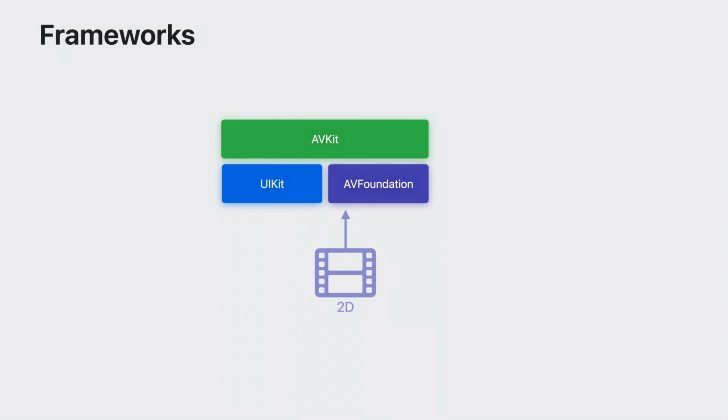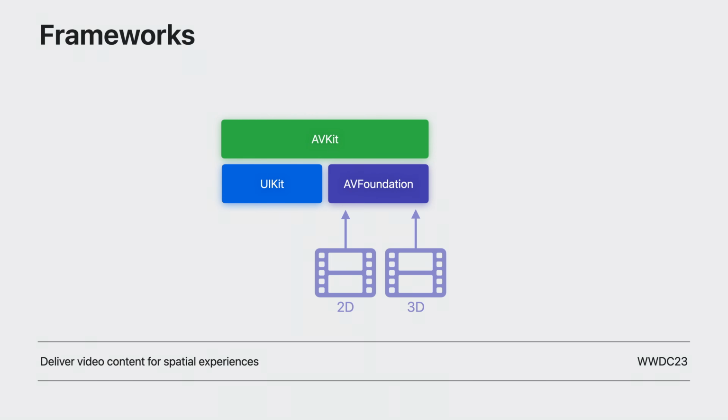If you have used the media APIs on iOS or tvOS, then this may feel familiar. This platform builds on those same APIs and extends them for its unique capabilities. AV Foundation handles all the work of playing movies: streaming, parsing, decoding, synchronizing. And AVKit builds on AV Foundation and UI frameworks to create a playback experience that's customized and integrated for each platform. On this platform, AV Foundation has been enhanced to support new media formats that take advantage of its unique capabilities, such as 3D video. Refer to this session for more details about these formats.